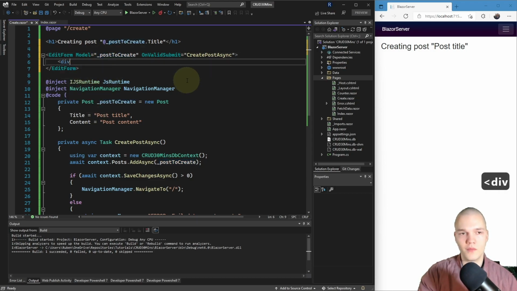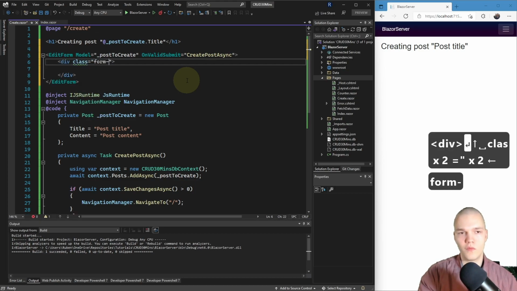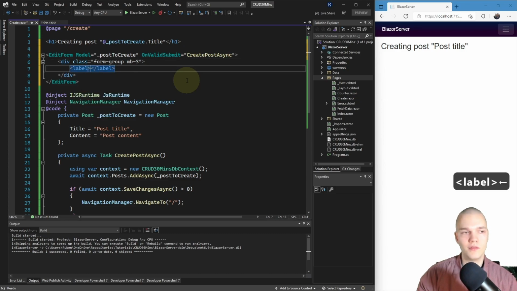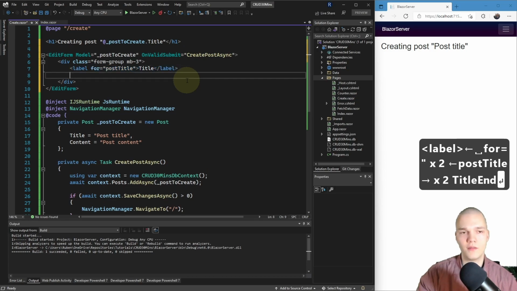Then I want to add a div with a class of form-group and margin bottom 3. And I'm gonna add a label, and it's gonna be for the post title, and give the text of title.